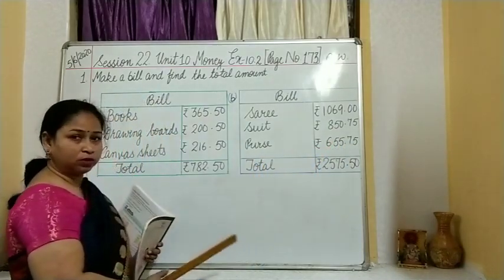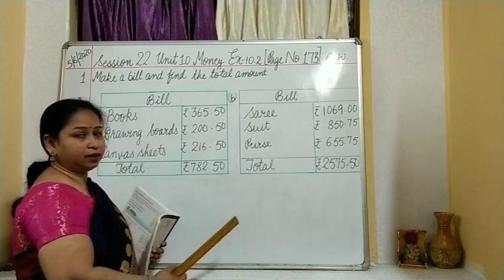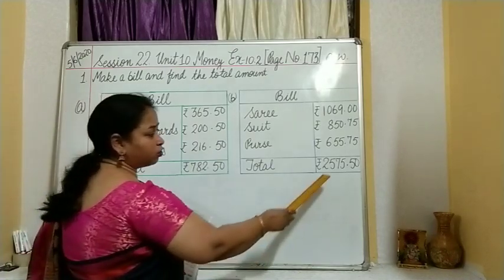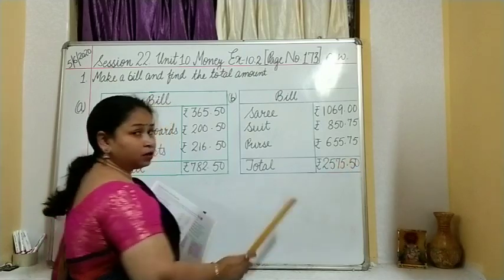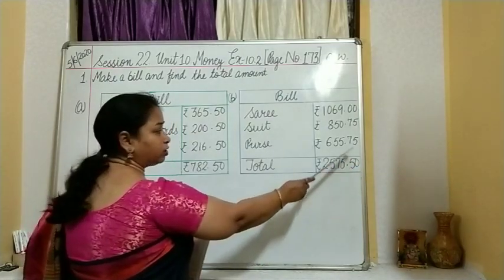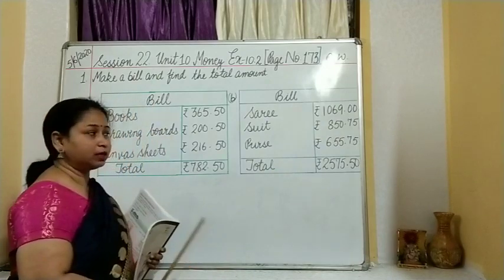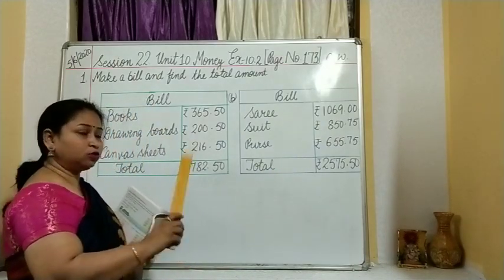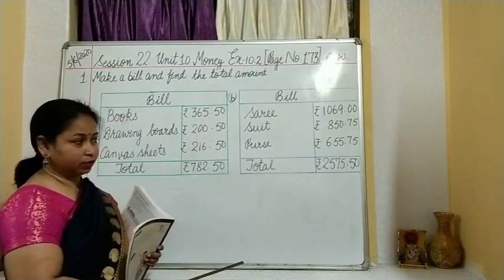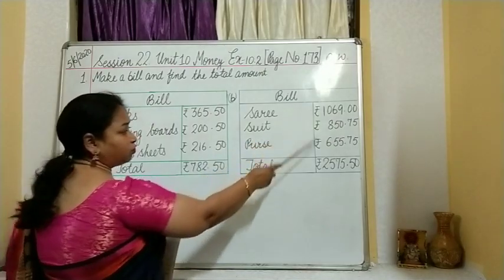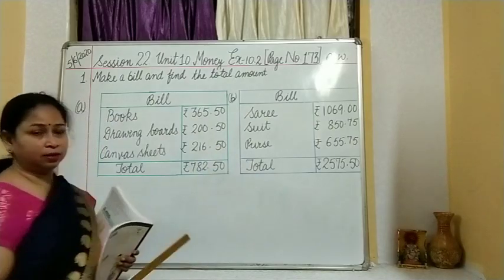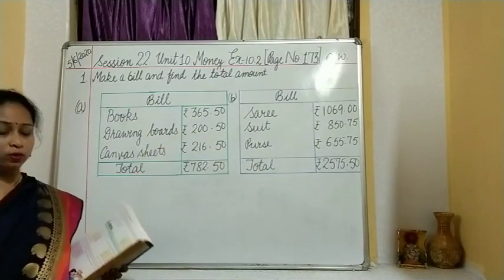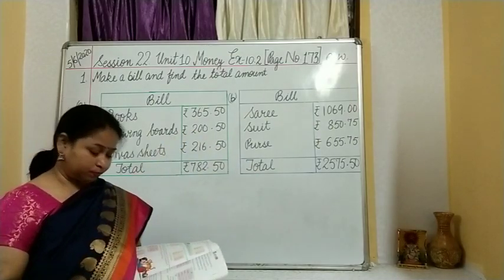So total amount, just simply add up and get the amount. What is the amount we have got? Rupees 2575 and 50 paise. Children, you need to show the point, okay, as this point tells us which one is rupees and which one is paise, and the symbol of rupees, yes, the heading bill, and then all the different layout and all these things, okay, as I have shown.